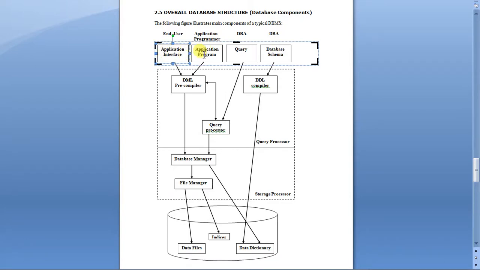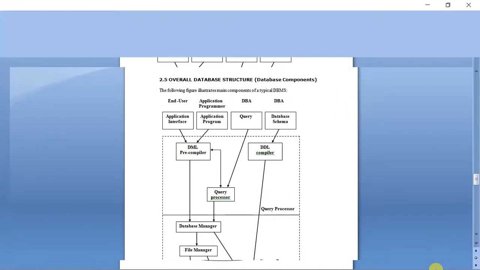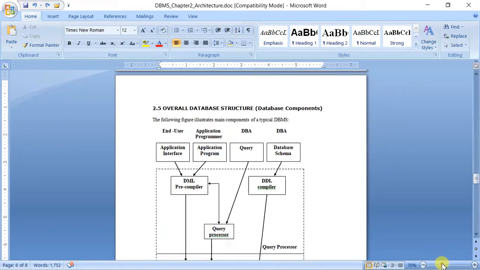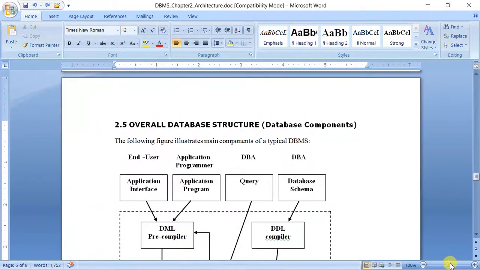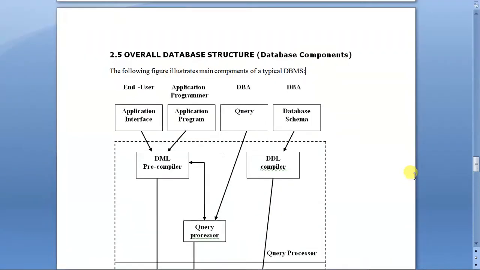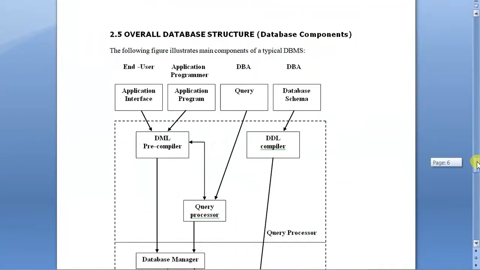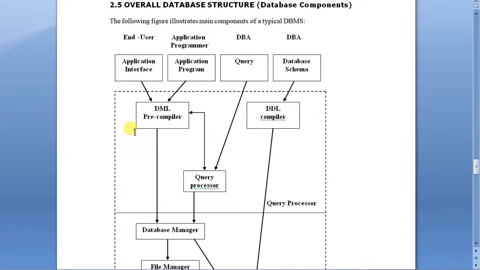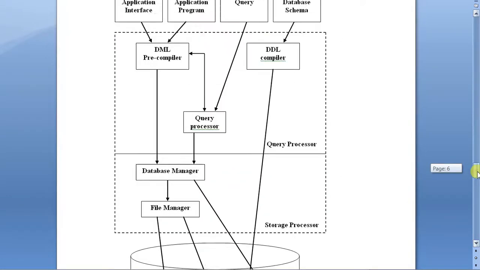They can interact through application. They can interact directly through query. A DBA can directly change the schema. So whatever is the case, different types of users can interact with DBMS in different ways. Okay. Now let us see it a little bit wider so that it is clear to you and we can study these components further. What you can see is the dotted outer line is actually the complete portion which is in RAM when you load your DBMS.